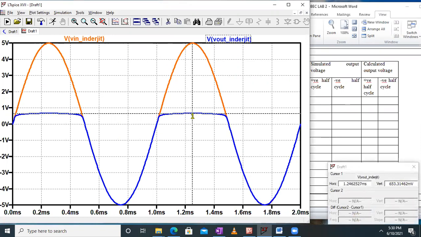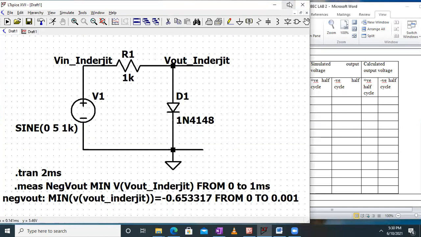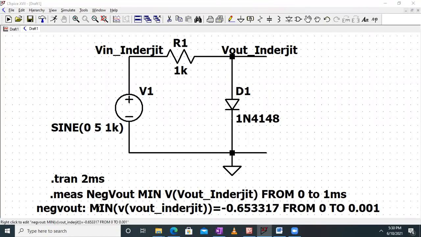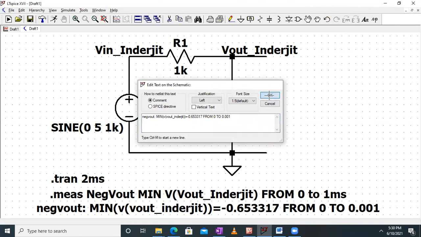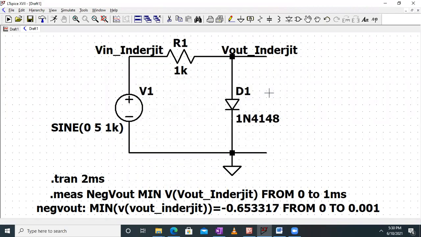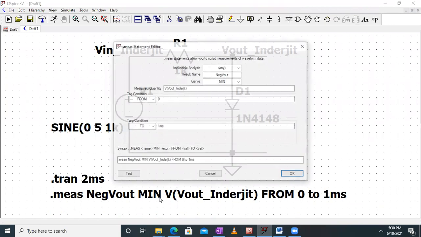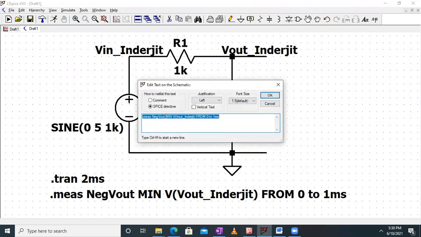You can check it by either this technique, or you can change the statement from minimum to maximum. So here, instead of minimum, we can write the positive value of V out, and instead of min, we can write max. Okay, that much change is required. Fine. So I can delete the previous one. Okay, it has not reflected. The change has to be reflected over here.